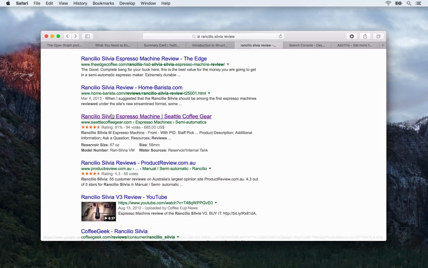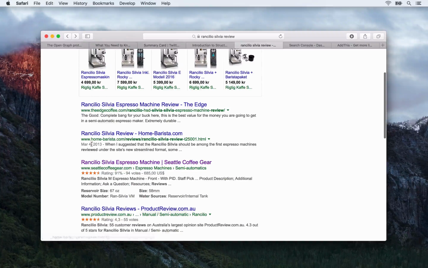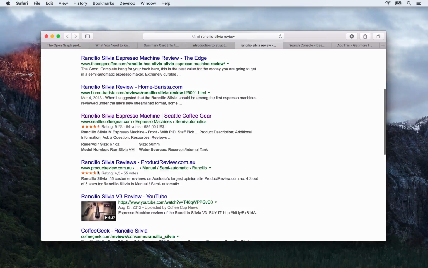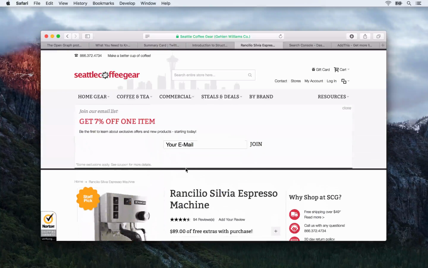Now the reason that this website can provide that is because they have added some structured data information to their HTML. The rest of these pages haven't done that, so they're not getting a star rating badge underneath their URLs. And I'm sure you'll agree again that this looks more professional than just the standard reviews that these two sites have done. So if we go and look at this URL and inspect the HTML,